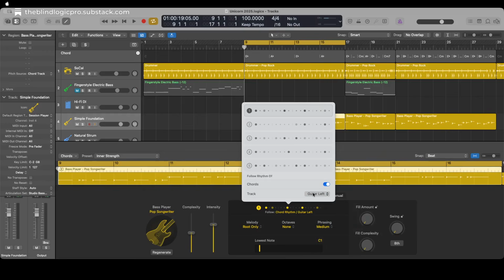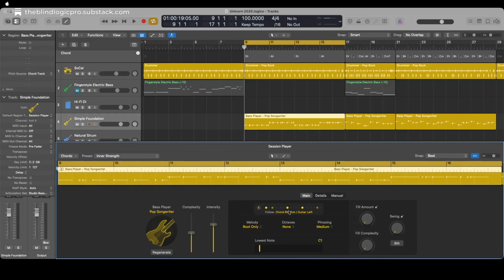Let's have it follow the left guitar track. Pattern 1. And we'll come back into pattern so we can go through the patterns later. Root only, melody, menu button. But there are more important things here, like right now,